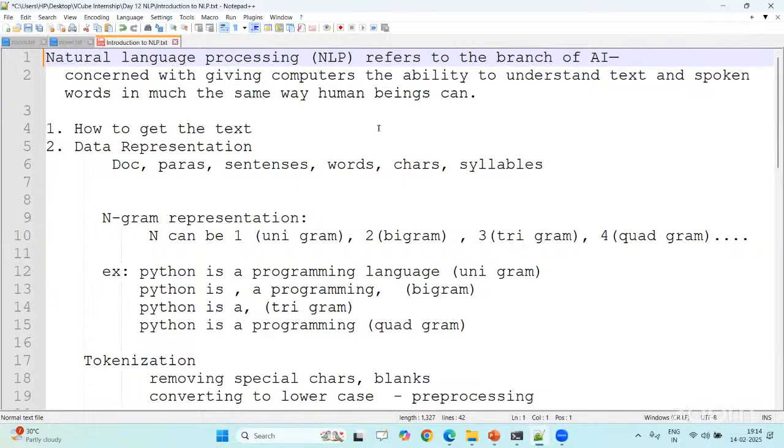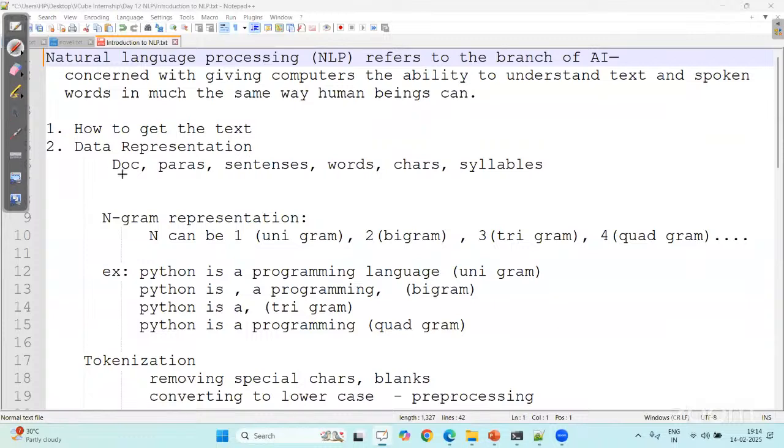Now directly I will be going to the practical aspects of NLP by introducing the topics. Whenever you want to work with NLP, first of all you have to do some things. First of all, how to get the text. Now, in order to process the text, the first representation is called data